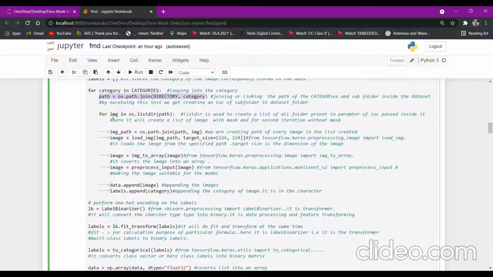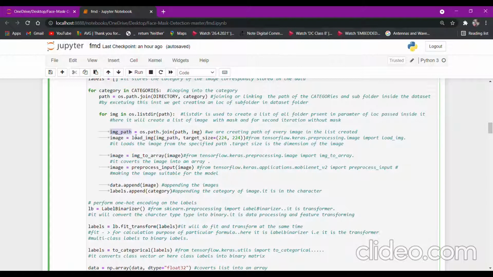We have taken a variable img in order to access the individual images present in the path. Once we get the image, we pass it through os.path.join again, in order to get the path of the image, that is the location of the image, which is stored in a variable called image path.